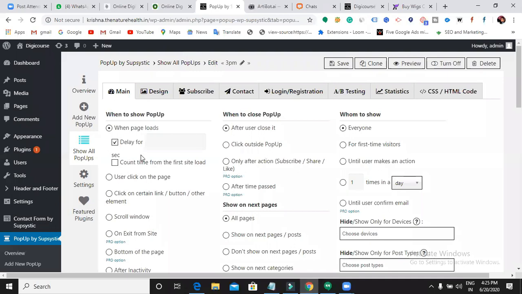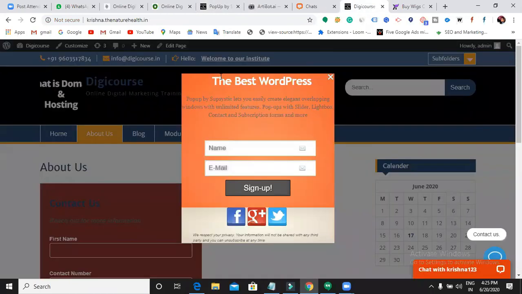Now I want to delay it for, let us say, 10 seconds. Save it. Do remember, after the page loads, after 10 seconds only your pop-up will appear. Okay, let's refresh it.